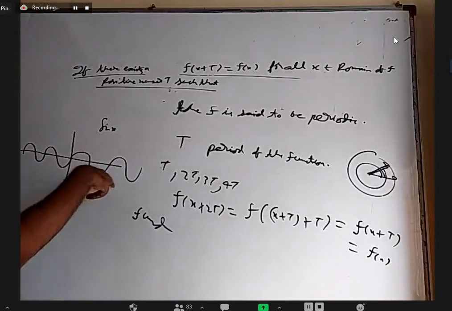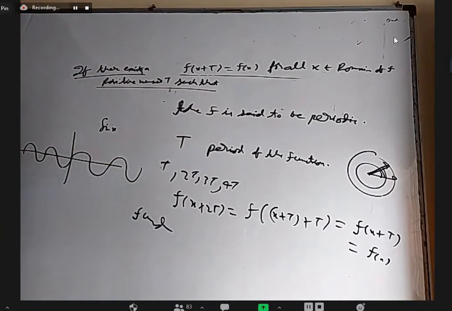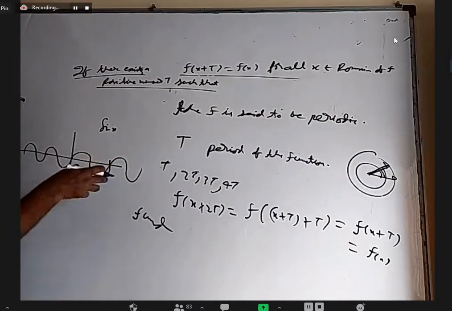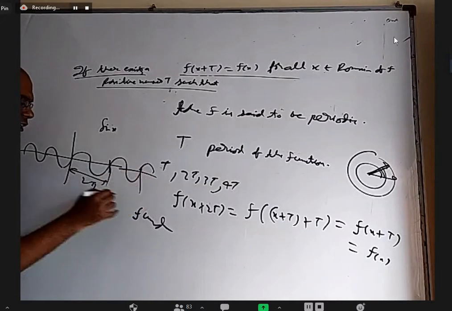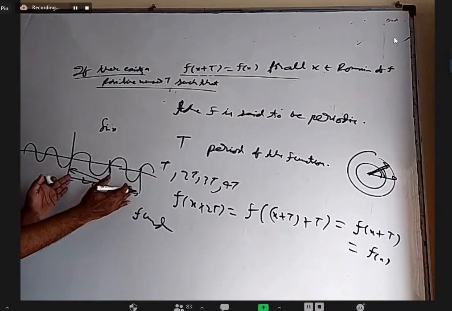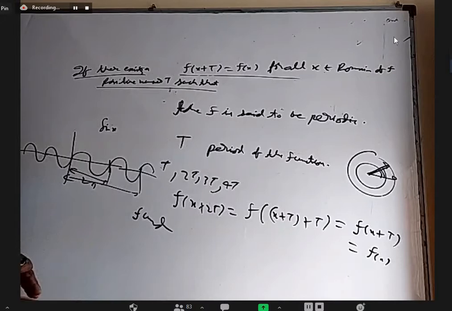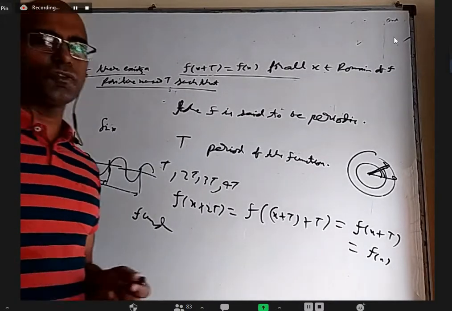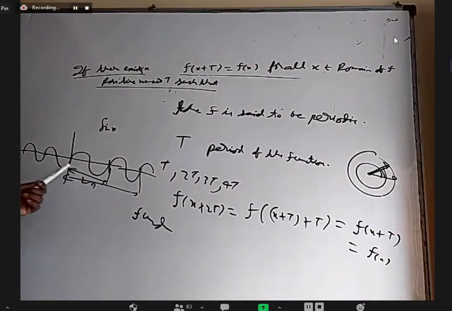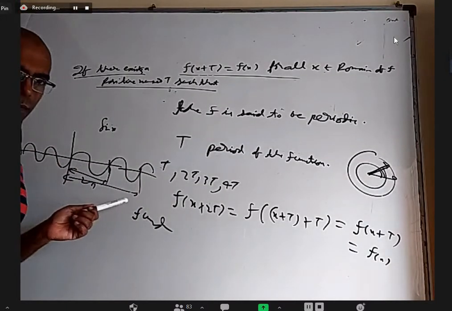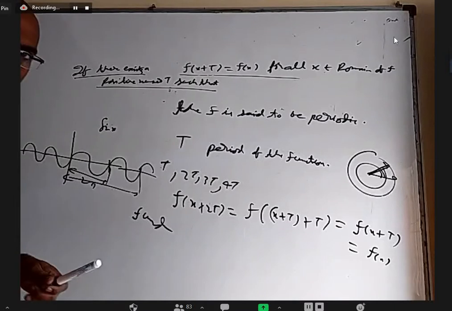If it comes repeatedly, that kind of function is called periodic. And after what interval it repeats, that is called periodicity. For example, here 2 pi is the period. Somebody can say 4 pi is also a period, nothing wrong, because you can take 2 waves as 1 unit and repeat the same thing. So when 2 pi is the period, obviously 4 pi, 6 pi, 8 pi, they're all periods. But among them, the smallest positive value is the period. So here 2 pi is the period.